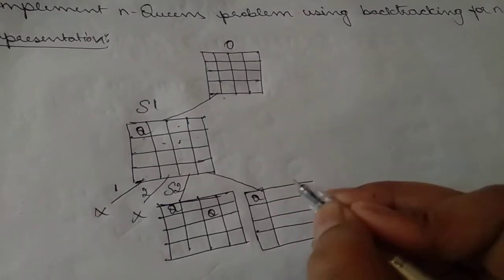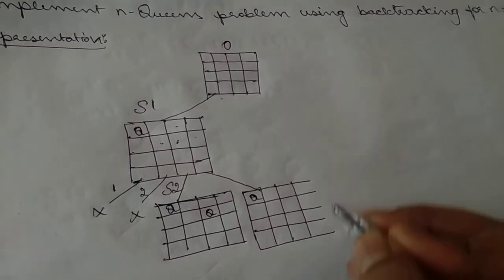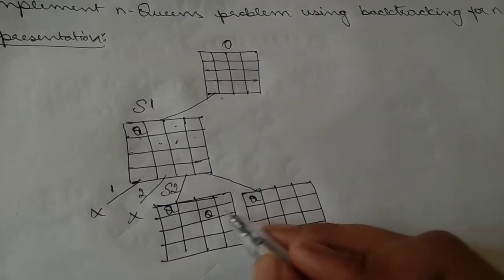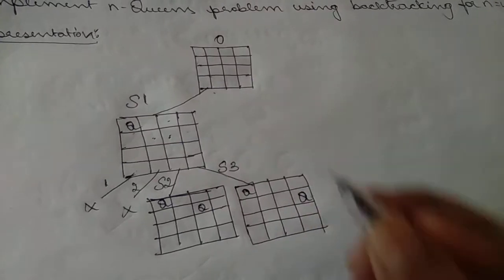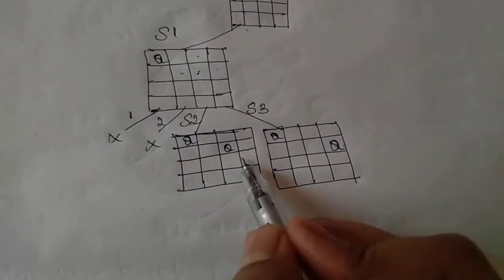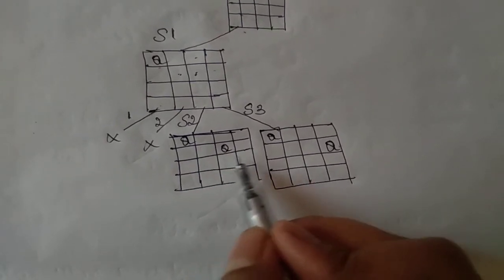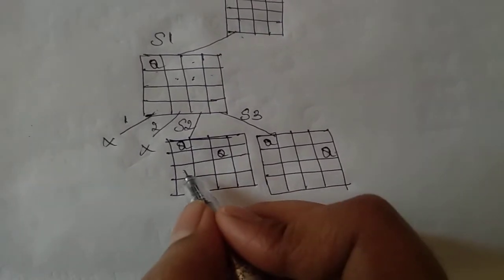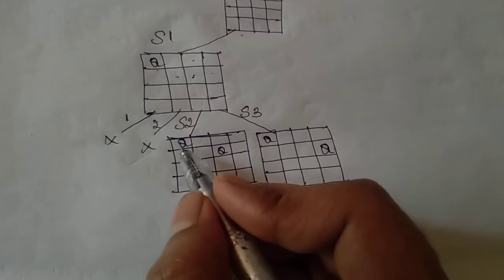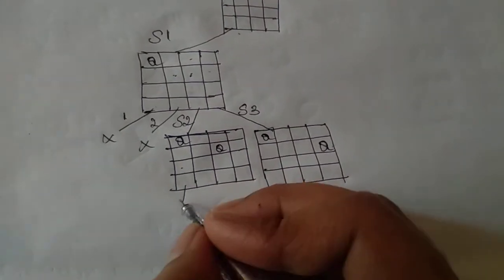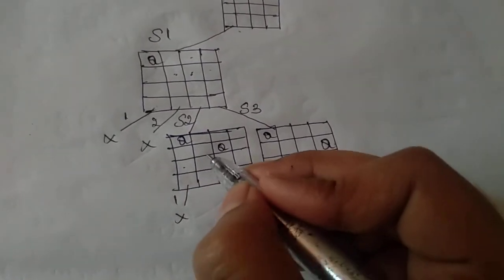Here already I have placed. This is one solution, here I can place, and even here also I can place. This is solution 3. Yes, now I'll just check for this third column. Don't get confused, column wise I'm going. This third column. Here, can I place? No, because this will attack. So, 1 is not possible.